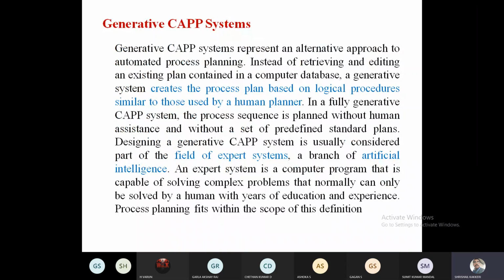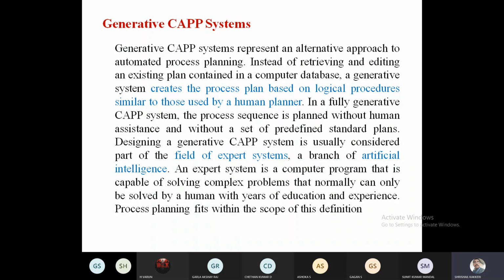In this, we are going to use some application software, and a field of expertise, more of artificial intelligence and neural networking. And the only thing is that the process planning inputs will be given by the process planner in the retrieval or generative CAPP system.